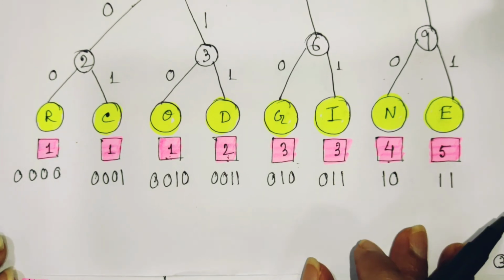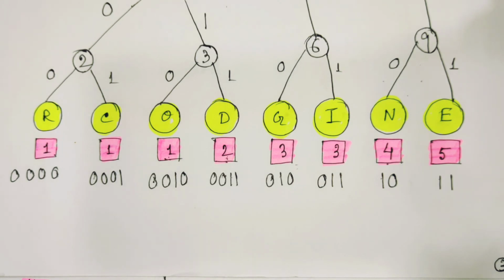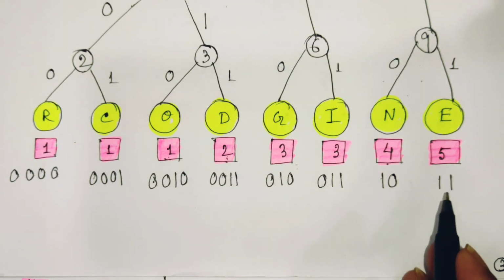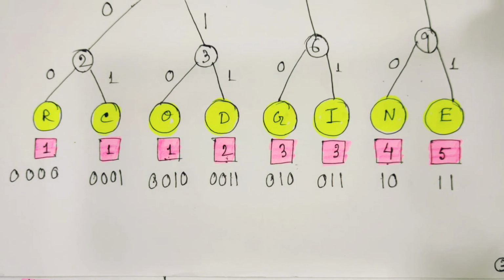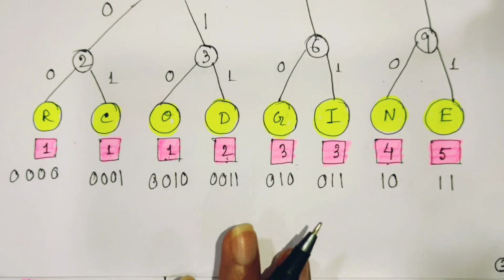What happens by this? When E is repeated more times, we use only 2 prefix code digits. Only 2 prefix code digits means we allocate less memory. And as E occurs much more frequently than the other characters, the memory allocation using only 2 prefix code digits will be lesser. So in this way, we can minimize the memory allocation by taking this prefix code, and in this way we set the prefix code by taking the weighted binary tree. In this way we draw the binary tree.